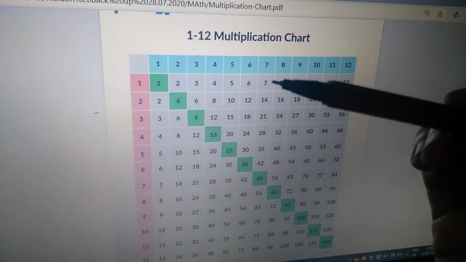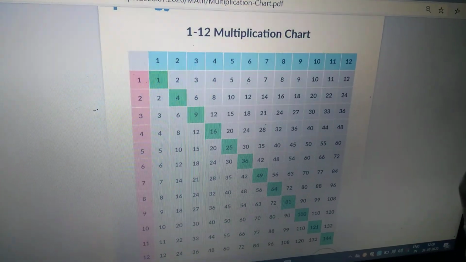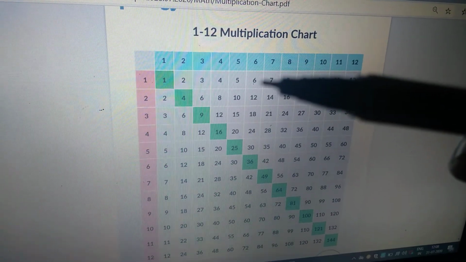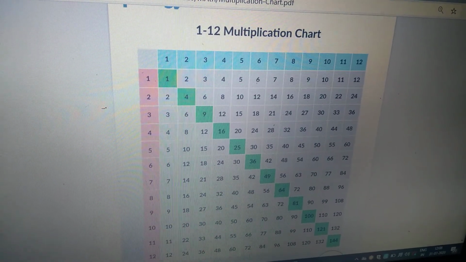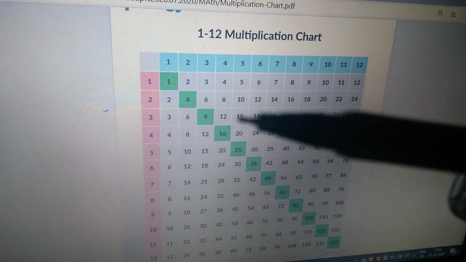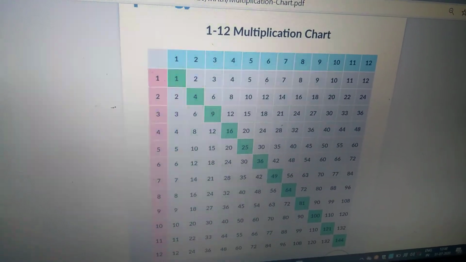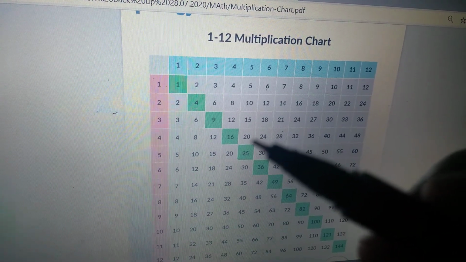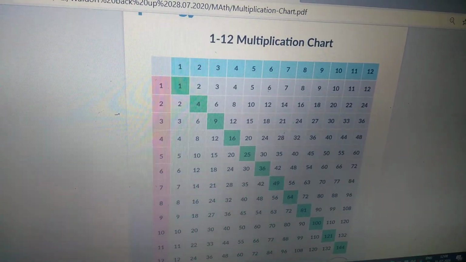Let us say that you know the 5 times table very well and you can't remember the 6 times table, what will you do? 1 times 5 is 5 and 1 times 6 is 6. Okay. 2 times 5 is 10 and 2 times 6 is 12. So it is 10 plus 2. Alright. 3 times 5 is 15 and 3 times 6 is 18, which means 15 plus 3. So if it is 4 times 5 is 20. It is 4 times, right? So we add 4. 20 plus 4, 24. So 6 times 4 is 24.